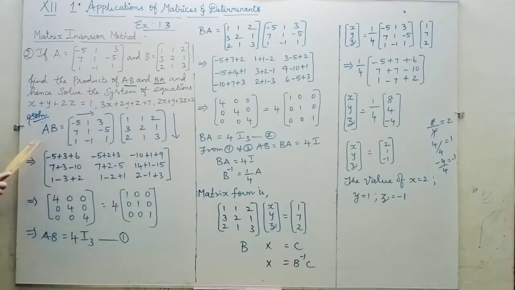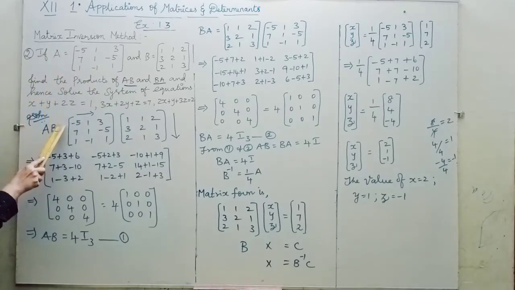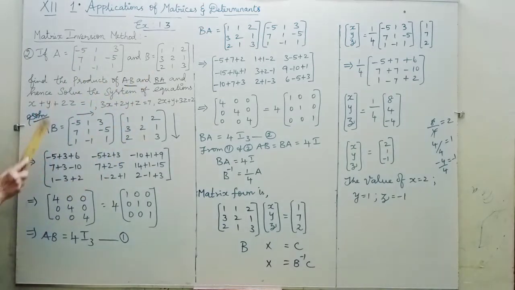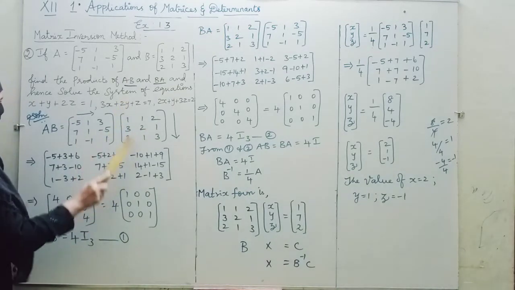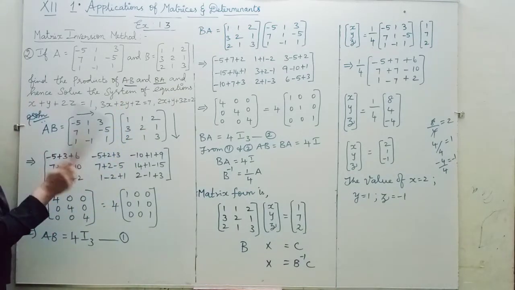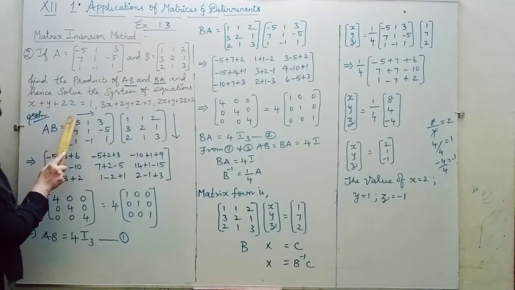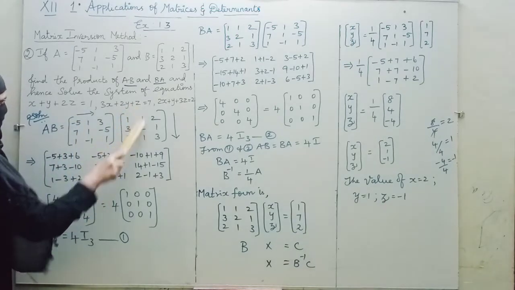Let us see. First, the A value is given, the B value is given. If you want, you can write A and B in the first step and then do the multiplication of A and B straight away. Write the A value and the B value. In the first one you take only the rows, in the second one you take only the columns. This is the row, and these are the columns.